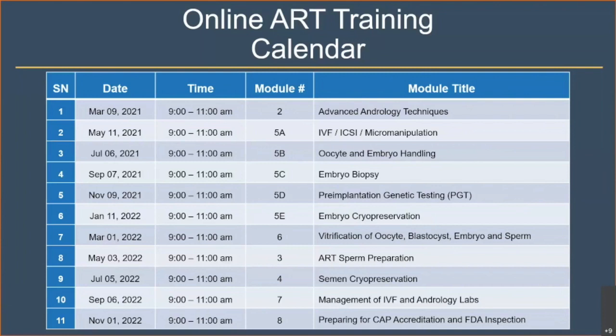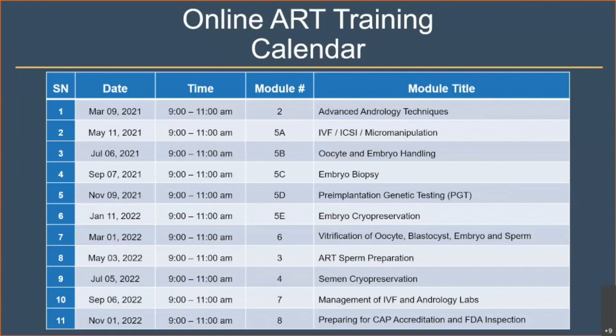In January of 2022, it seems like a long time, but time will fly, we are going to cover embryo cryopreservation. In March, vitrification of oocyte, blastocyst, embryo, and sperm. In May, we have ART sperm preparation. In July, cryopreservation. In September, we are going to talk about management of IVF and andrology lab. And in November of next year, we are going to talk about preparing the CAP laboratory for College of American Pathologists accreditation and FDA inspection. The embryology related topics starting from module 5A all the way until